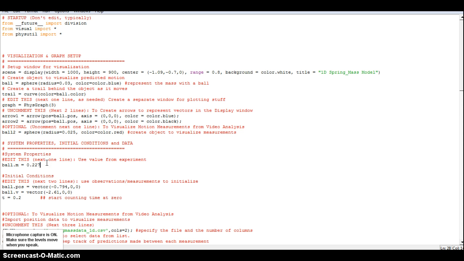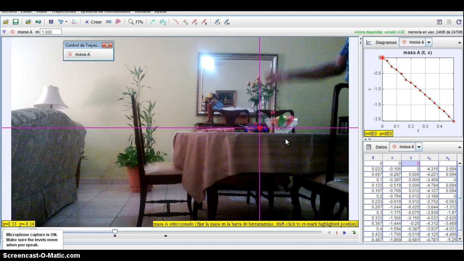0.227 kilograms. Here, the motion of the object for the position and velocity were obtained as shown in a table in Tracker. Here we obtain the real data about the object that is moving with a horizontal projection. So we can see